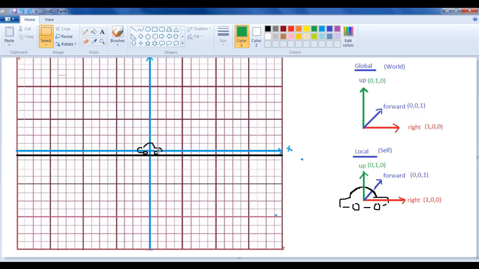Now let us take that this car is moving in this direction. It is moving right. If it is moving in this direction, you can say that the car is moving straight. How do you say that the car is moving straight? Understanding? Now here what we do is identify